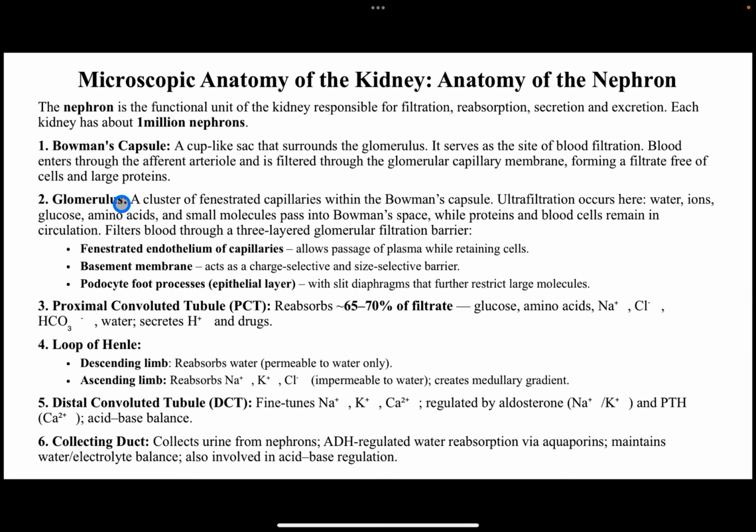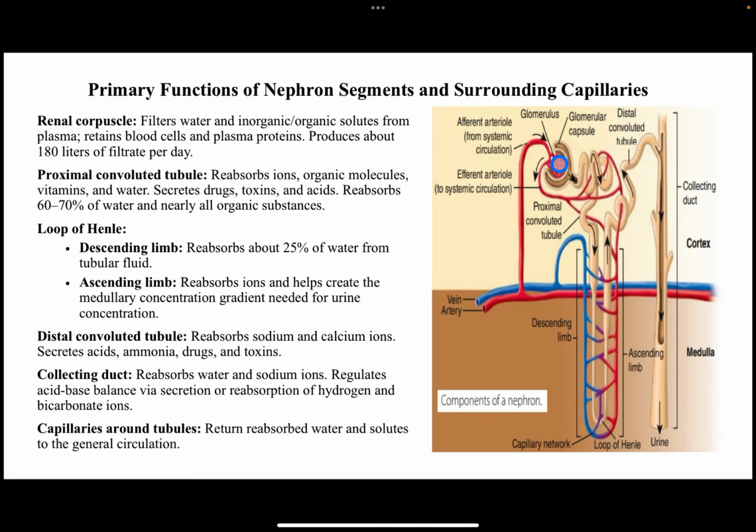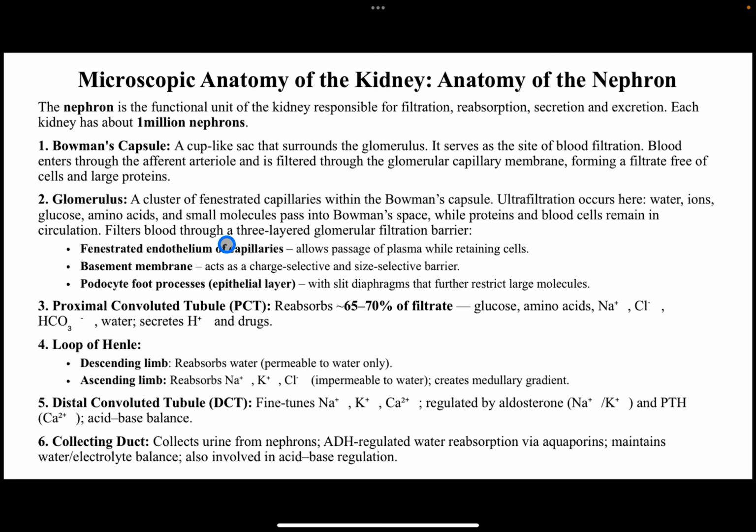Even though you see the glomerulus like this, in effect it is actually in three layers: the fenestrated endothelium of the capillaries, the glomerular basement membrane, and the podocyte foot process. Then we have the proximal convoluted tubule, PCT, which helps to reabsorb about 65 to 70% of the entire filtrate. The reabsorption includes substances like glucose, amino acids, sodium chloride, bicarbonate, water, and it secretes hydrogen ions and